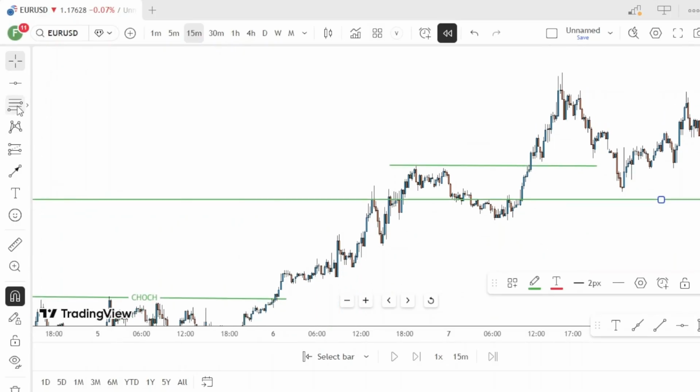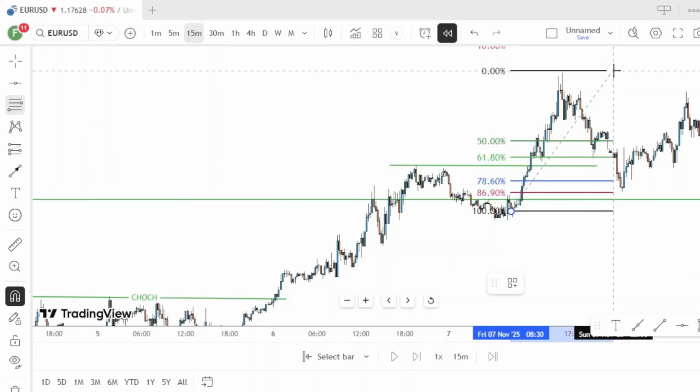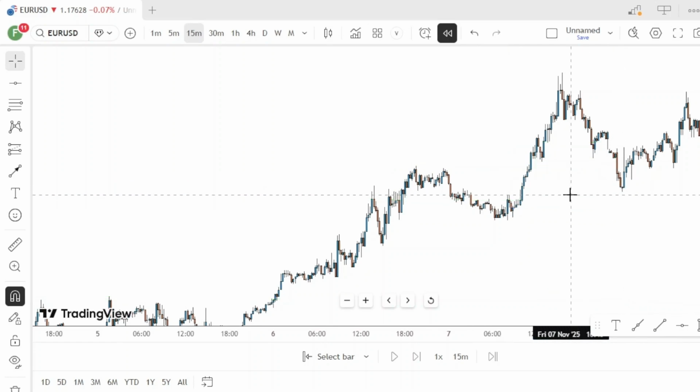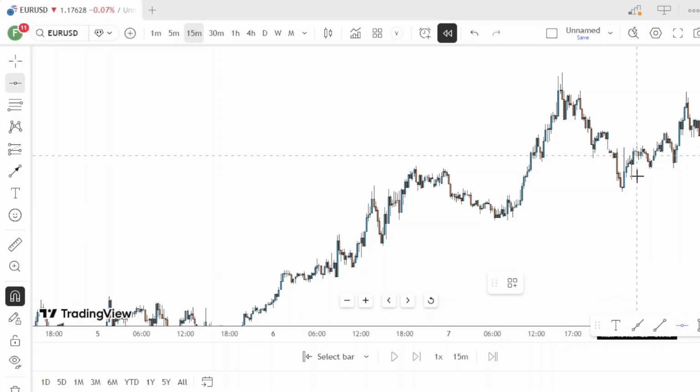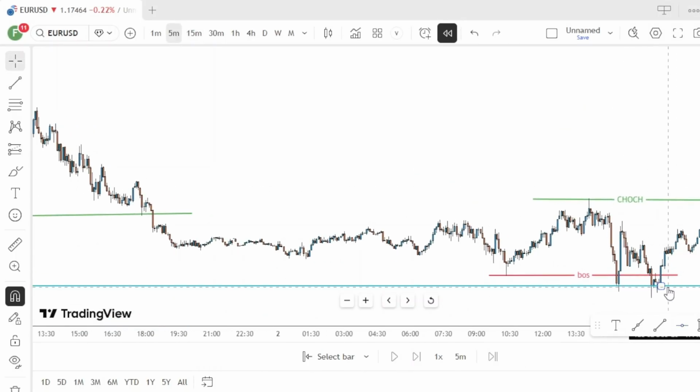This is where experience plays in. I use Fibonacci to confirm the pullback zone. So I have my two levels here, 78.6 and 86.6. So I'm good to go. Seeing the market coming back to this zone tells me that I can look for a buy entry here. Now that I've identified my point of interest on 15 minutes, basically all I need to do is